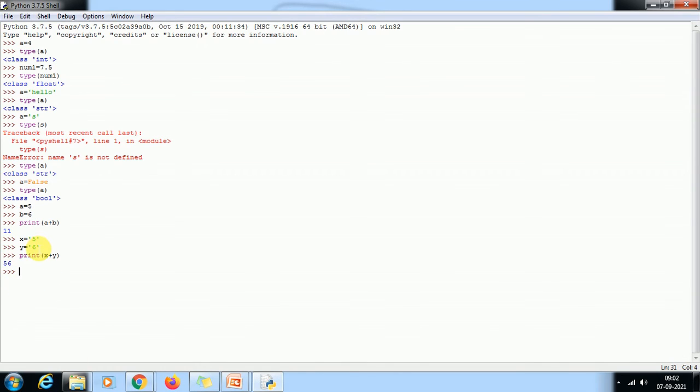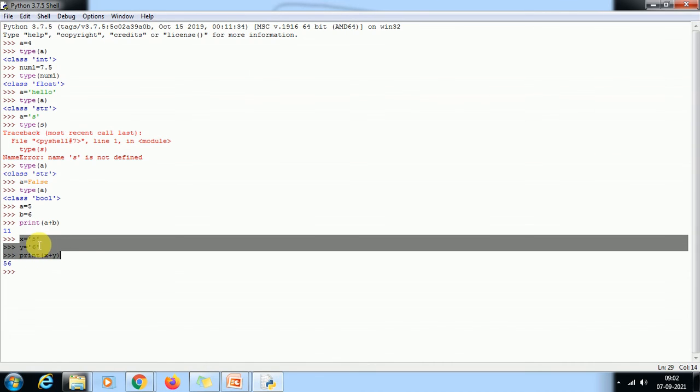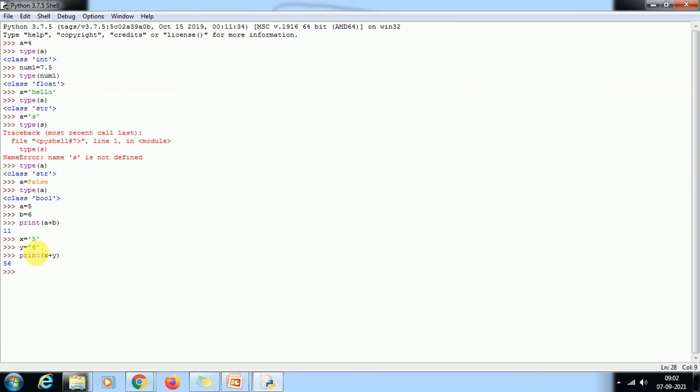Why? Because we are not adding it actually when we use it as a string. When we use it as a string, it will add like one after another. This is known as concatenation. The addition of strings is just concatenation.